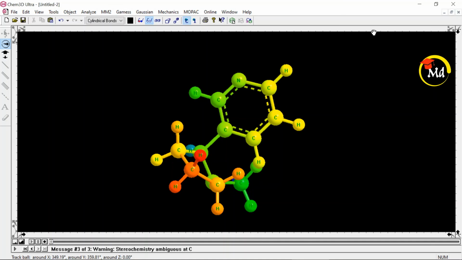Let's say if you don't want to use ChemDraw Ultra and you want to make this whole structure using Chem3D, then I'm pretty much sure that it is going to take you a lot of time. So in order to save your time, I will suggest you to use ChemDraw Ultra, as it is pretty quick and fast. So I had demonstrated to you the best possible way through which you can generate 3D models.